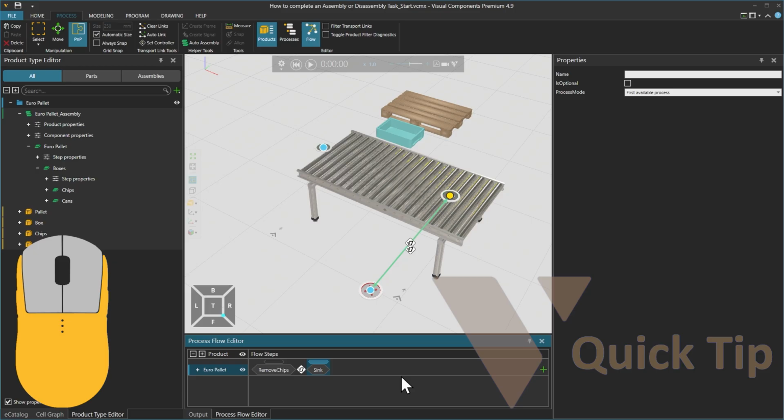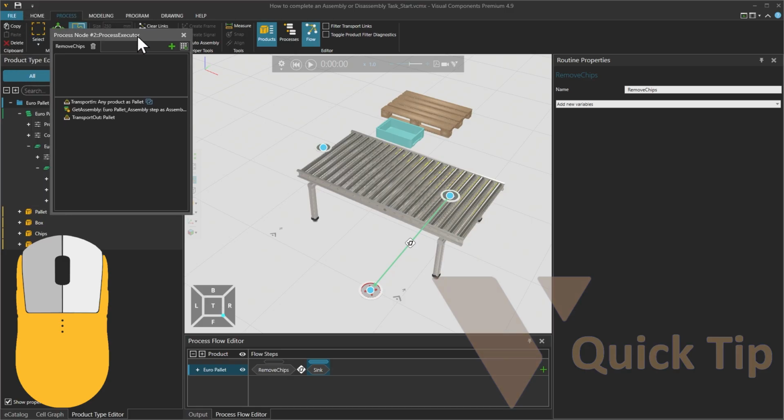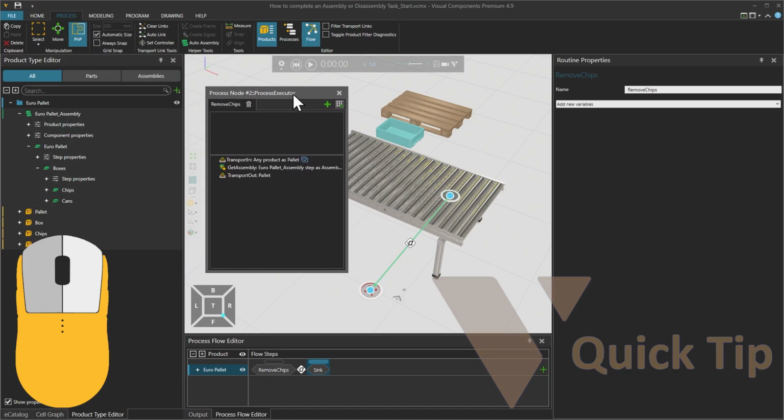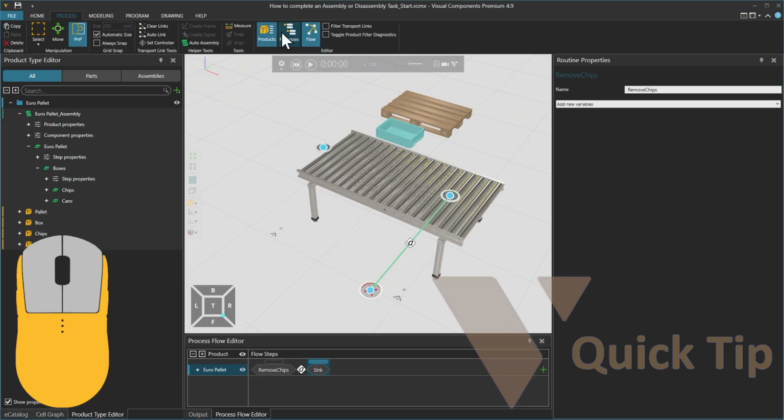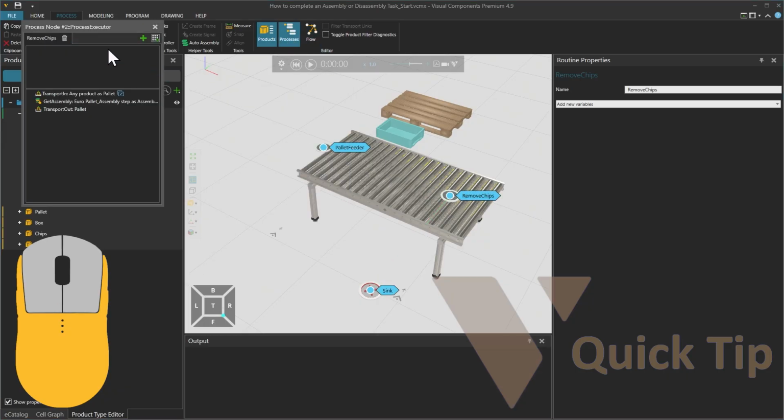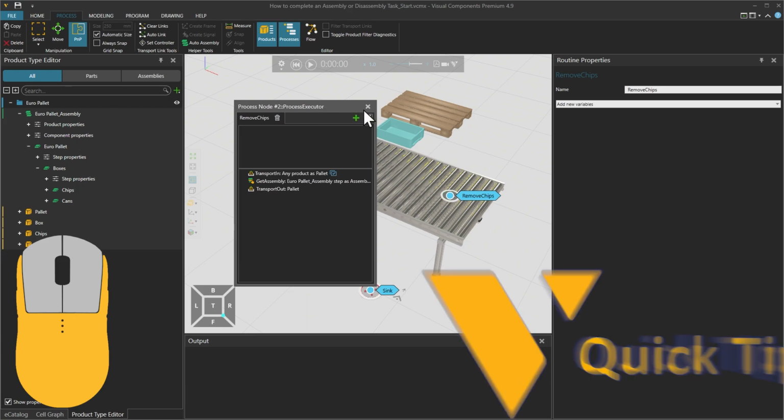Note that when we remove an unwanted step, any transport links that we created may also need to be deleted separately. Selecting the transport link in the flow editor will highlight in yellow that transport link in the 3D world, allowing us to identify which transport link we can delete. And to prevent any unintentional flow step creation, we can only right-click on the label to open the process in this flow editor view. And overall, when setting up our processes, it is recommended to use the processes view, and then enable the flow editor once we are ready to set up our flow.